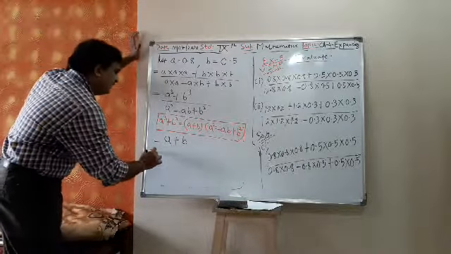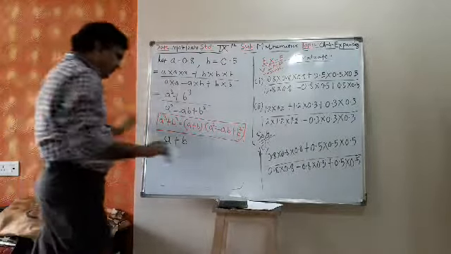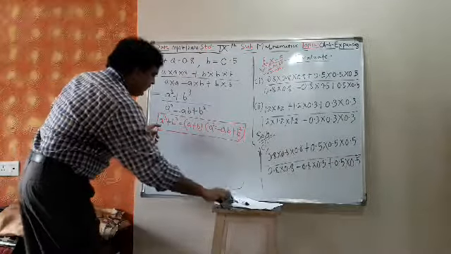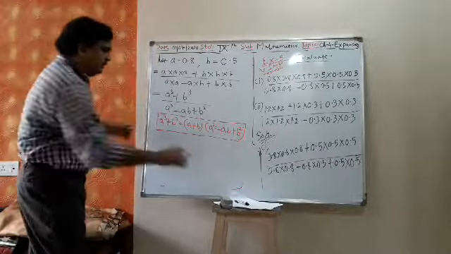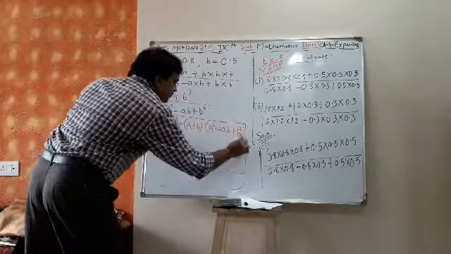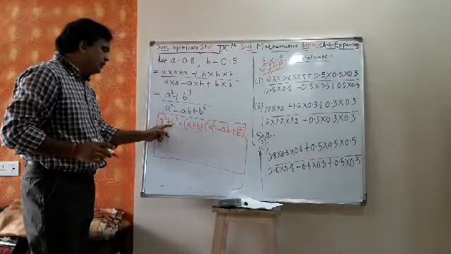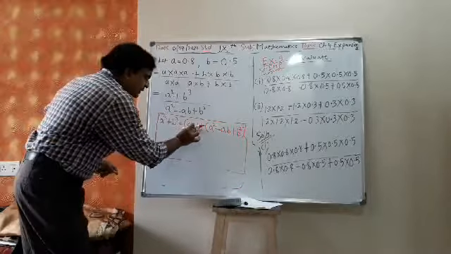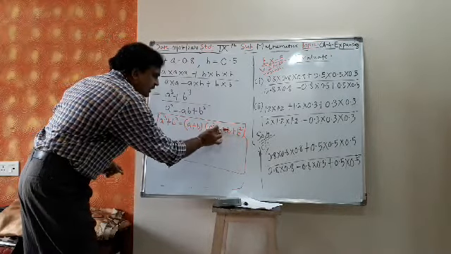Now what is A? Yes, I am explaining the formula. Let me write one more part. A cube plus B cube is this formula. A cube plus B cube is A plus B into, if it is plus, then along with AB you will have minus sign.